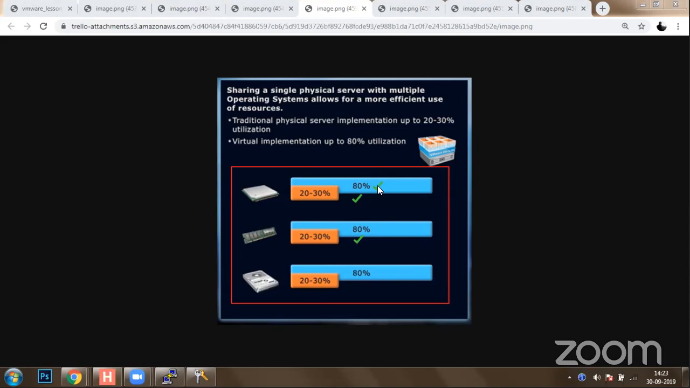Now, there is one more thing to ask. What is the software which actually provides this virtualization? The VMware Hypervisor is the software which is installed over the bare metal server. Once you install that over a bare metal server, you can run